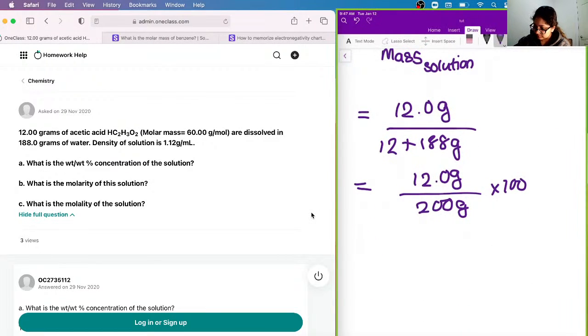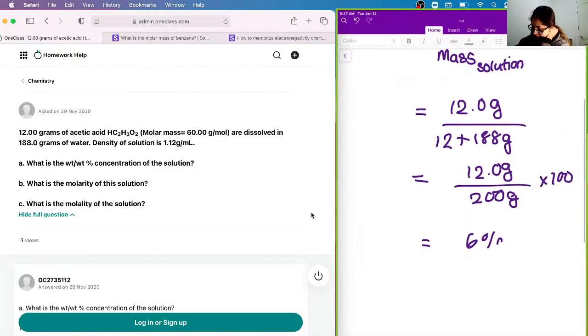Okay, and so if you do the math here, what you would get is 6%. Okay, so your weight to weight percentage for the whole solution is 6%. Okay, and so now for B,